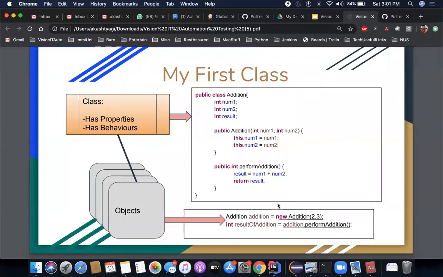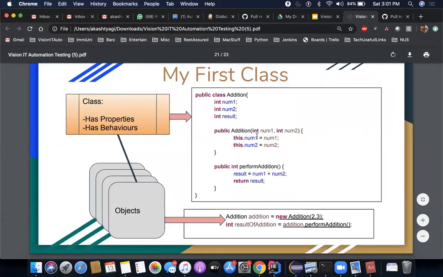Now num1 and num2 will be initialized with the values 2 and 3 the moment I create this object. All right. Once I create this object, these values are saved in num1 and num2. When I say addition dot performAddition, this method will be triggered and it will do its job.